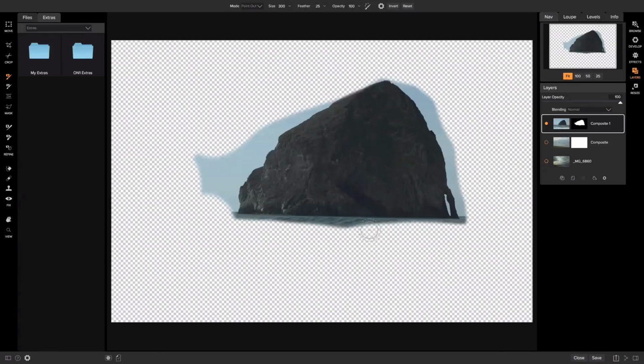And the bracket keys on your keyboard are going to adjust the brush size. And make sure I'm set to paint in, and I'm just gonna brush that spot right back in because I'm going to use my perfect brush around this top edge. You know, this sky is all one color, so this is perfect for the perfect brush. I'm going to choose paint out. I'm going to make sure my perfect brush is set, and I'm going to, just like we did with the